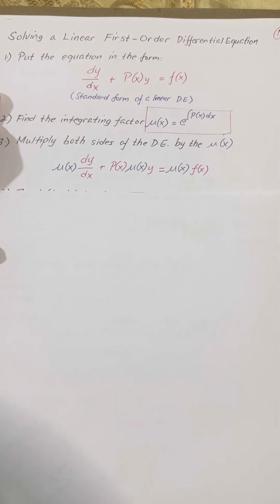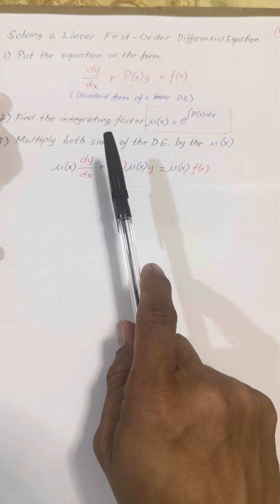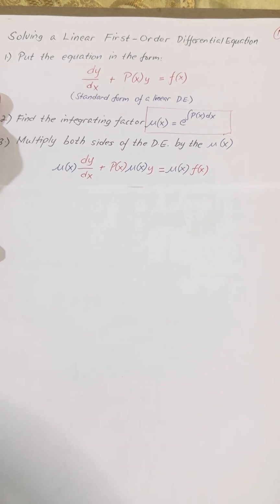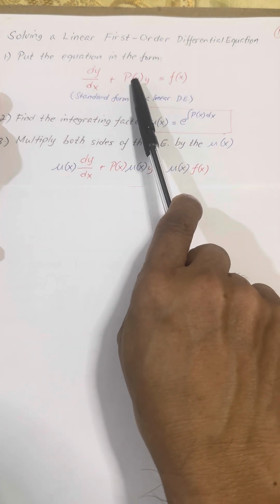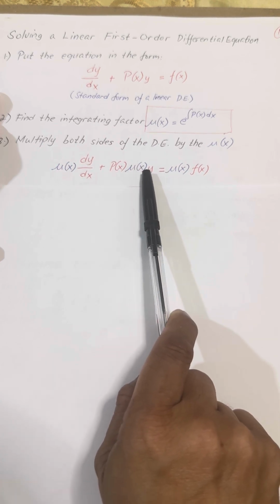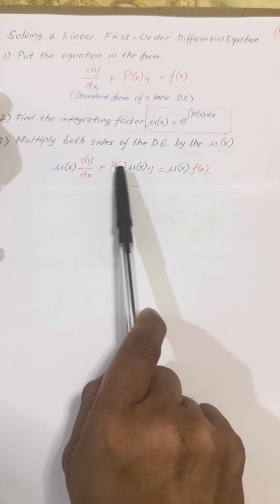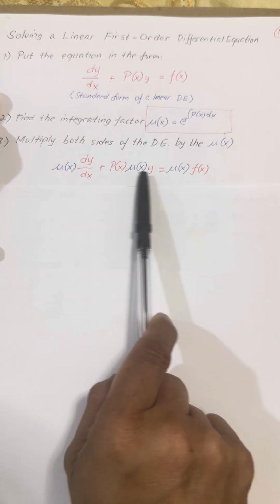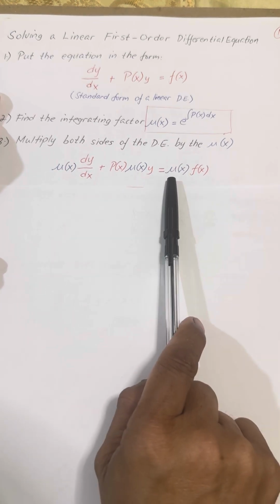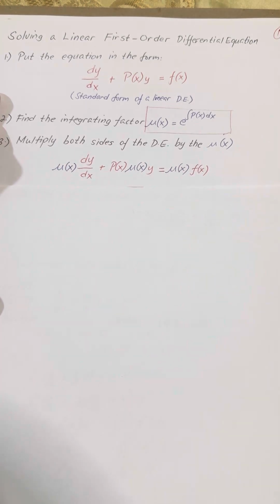So the equation now becomes like this. We have dy over dx, the first derivative of y with respect to x, multiplied by the result that you got from here, and then plus p of x times y, also multiplied by mu of x. There's no problem if you put this function of x on the left side of p of x, they're just the same because this is multiplication. So equal to, on the right side of the equation, we also have this integrating factor multiplied by this function of x. That is the third step.